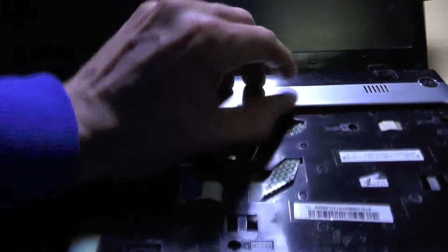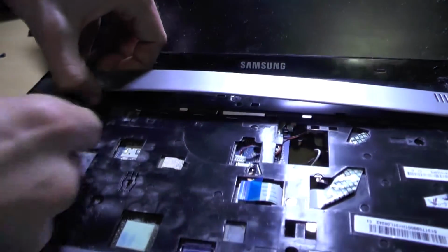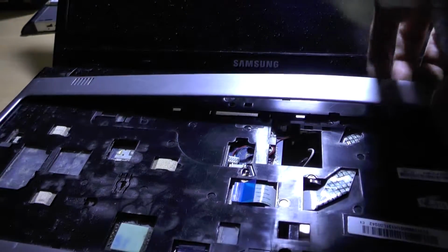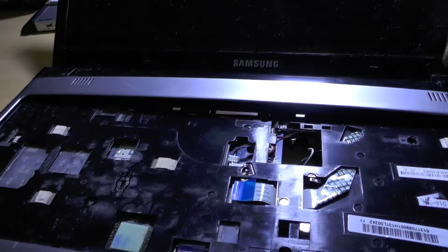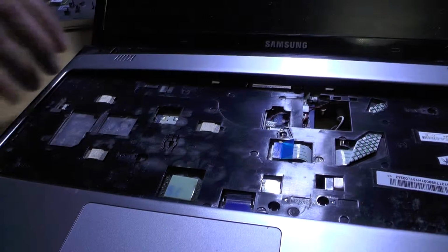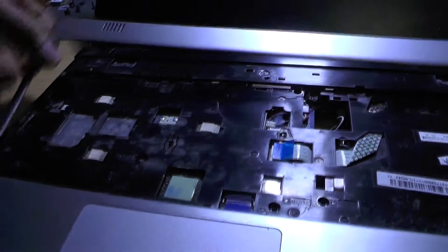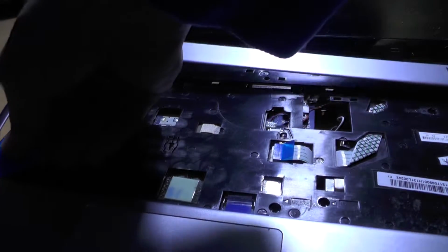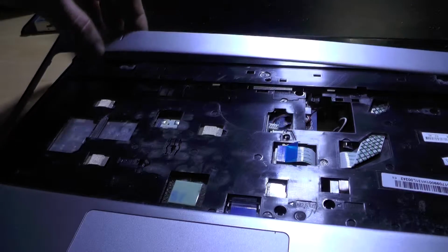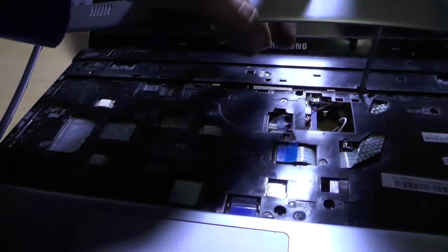Okay. Believe it or not, there are screws underneath this piece. Okay, this is even worse than HP, seriously. Let's see whether I need to remove all of this. But seriously, who puts screws in here? Now I need to remove this plastic, obviously. And I don't know whether you need to remove from here or just... So no, I only need to remove this so you can remove these two screws. This is idiotic, seriously. But yeah, there are two screws underneath this plastic,